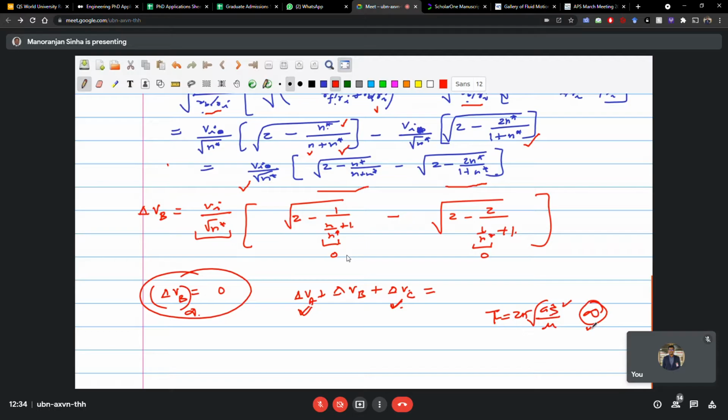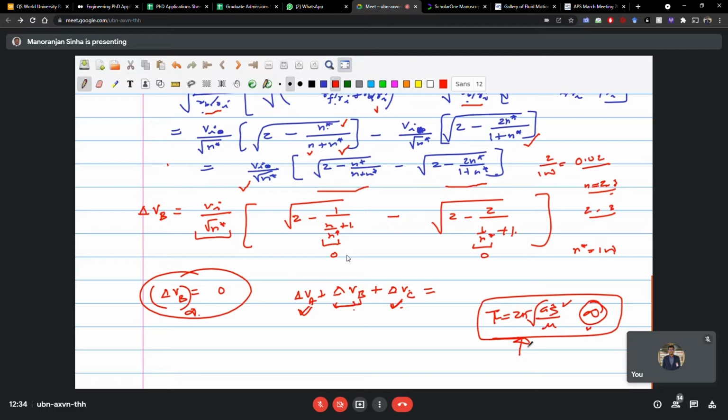Even say if n star is 100, and while you are dealing with the quantity 2 and 3 for n, so as compared to say n is 2 and then n star is 100, this is 0.02. So this quantity as compared to 1 will be small, so the contribution due to this one will be small, but the time period then becomes very large, and it may not be of any use in that case. So we'll discuss this point. What is the importance of the bielliptic orbit and when it can be used?